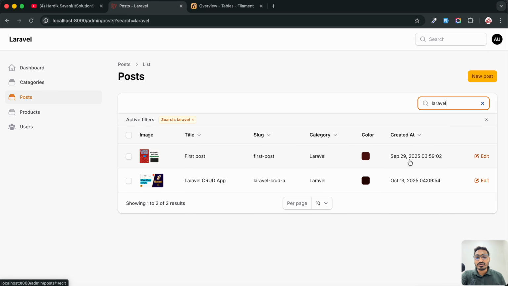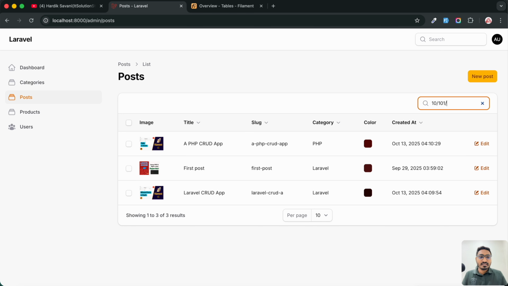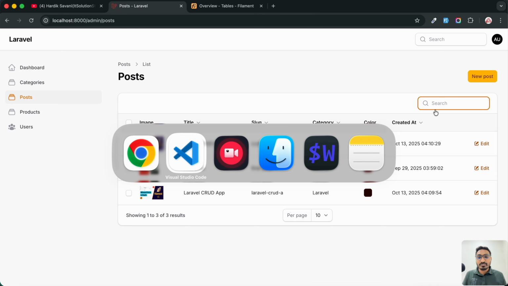But what if you want to do it with a date, like you want to choose the date and then it will automatically filter with the creation date? Here you cannot put the specific date like this, because that's not an appropriate way. There should be a way where the user can select the date from a date picker. So let me go here, and